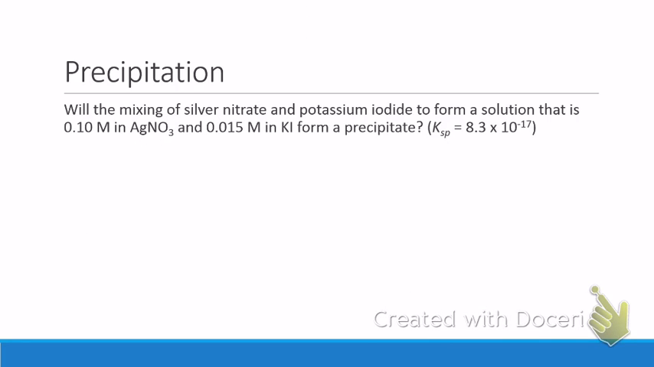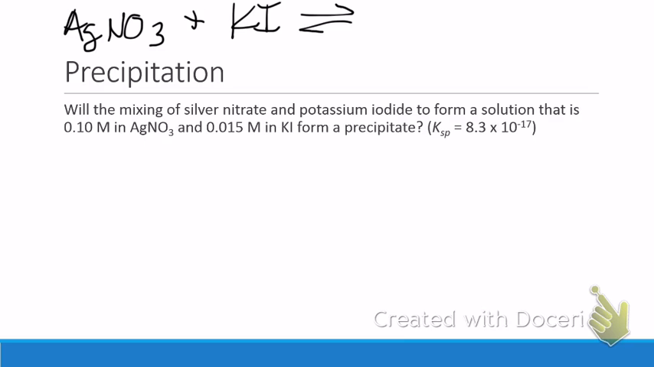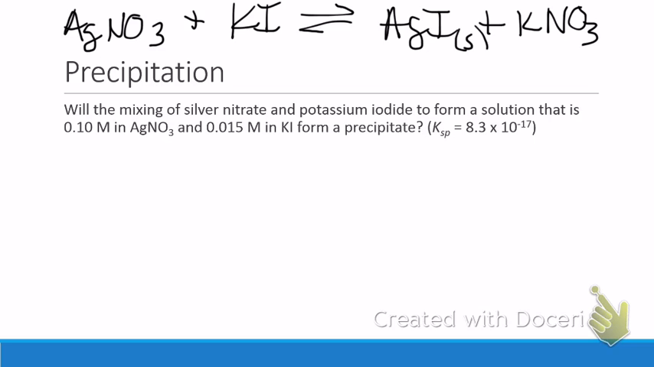So let's look at another example and see if precipitation will occur here. Here we're mixing silver nitrate and potassium iodide, and we want to know if that's going to form a precipitate. So again, we can write our initial reaction. Silver nitrate plus potassium iodide produces silver iodide and potassium nitrate. And again, we see that silver iodide is present, and silver iodide, by our solubility rules, will form a precipitate